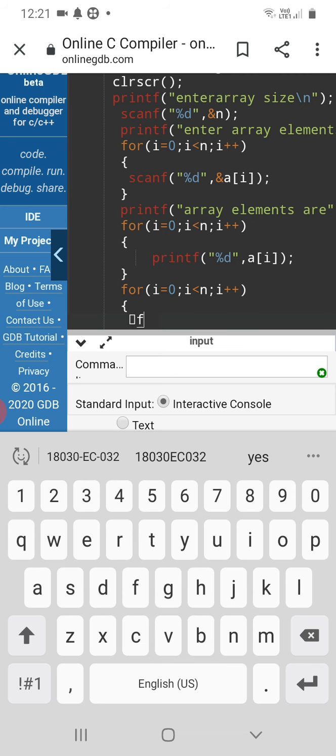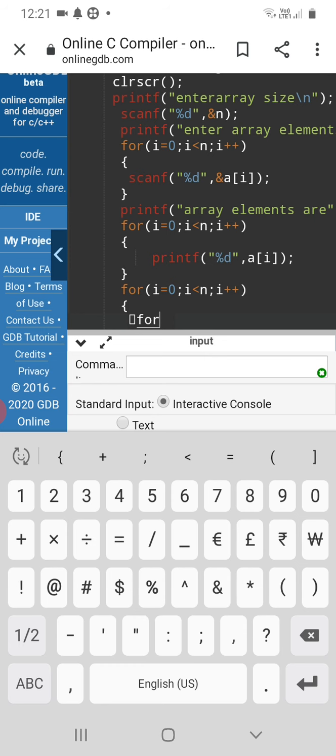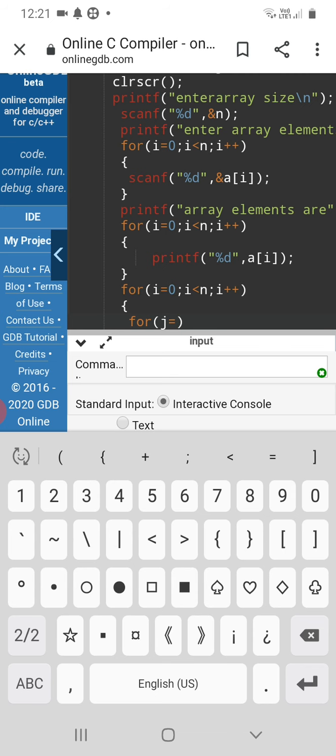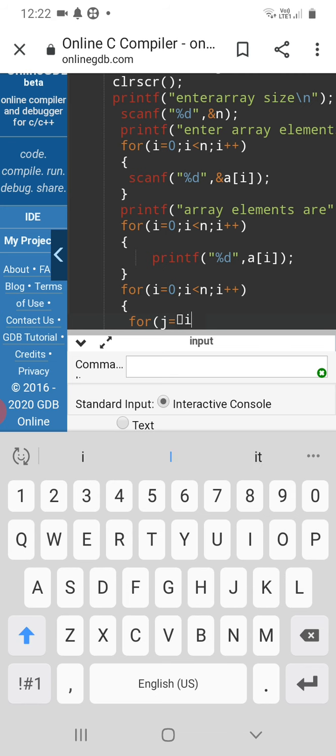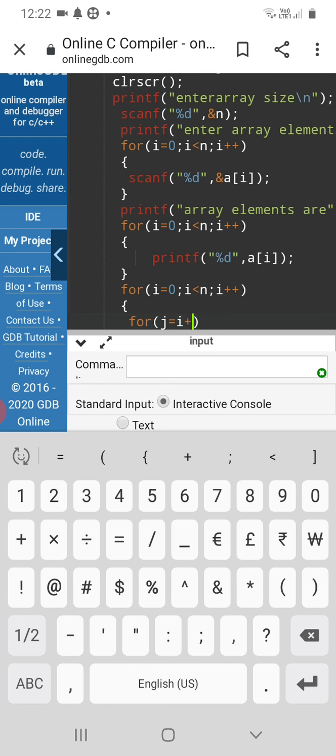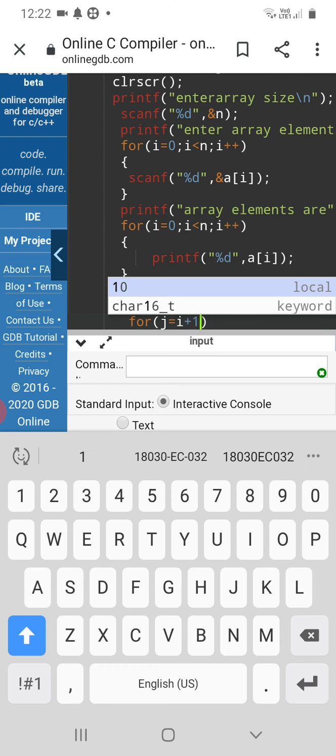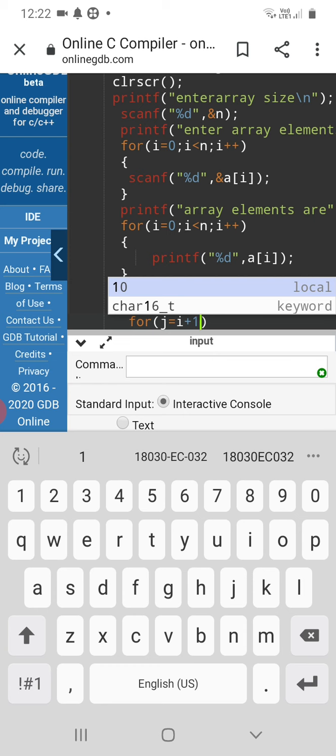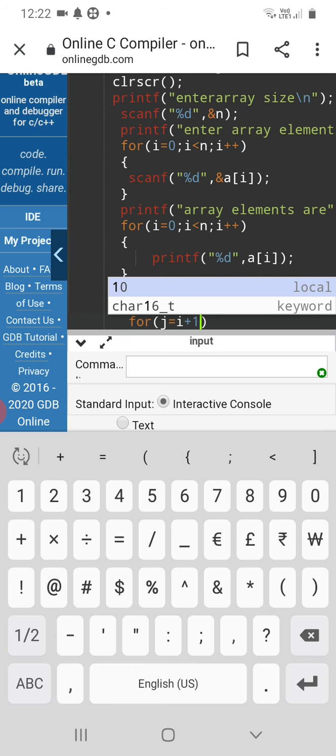Again for j equal to i plus 1, ending with semicolon.